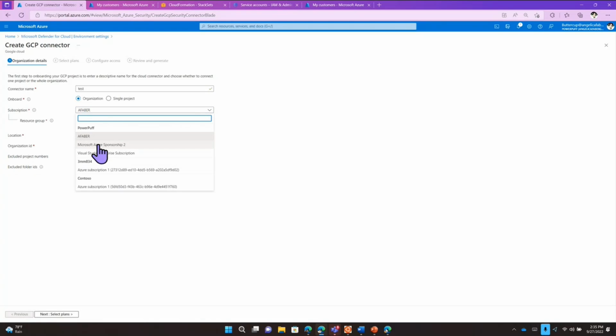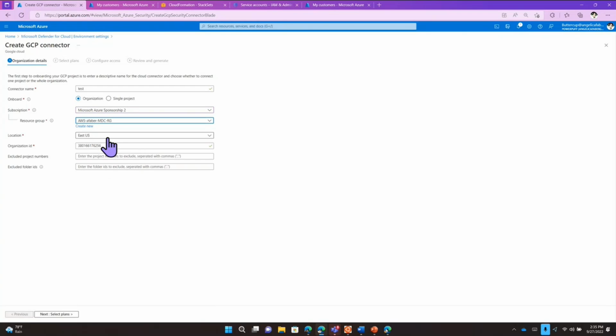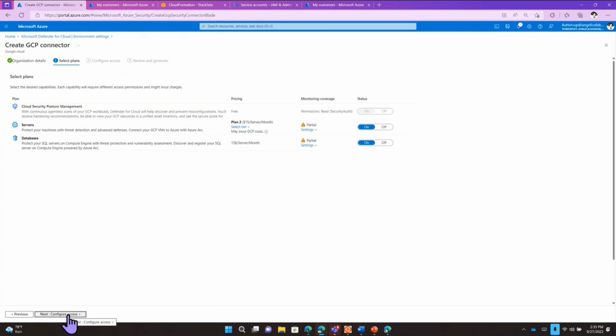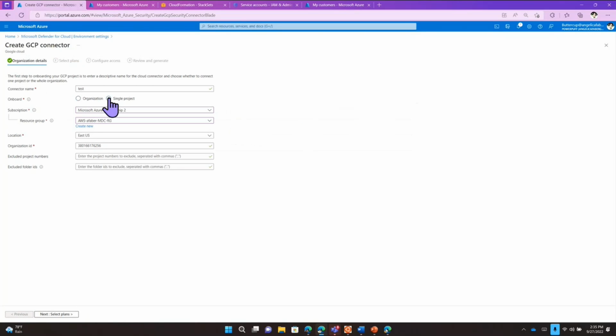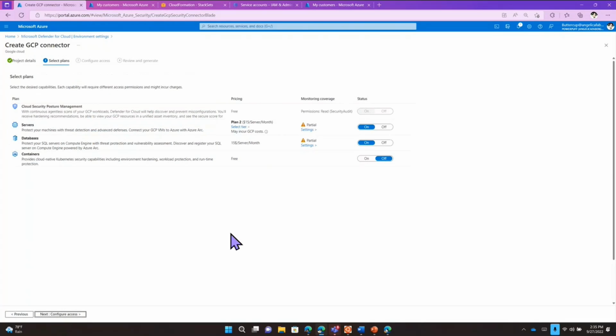I'm just going to pick some values so that we can move to the next step so that you can see the options. Oh, I know why. See, you don't see containers here because I have to go to the single account to be able to see the containers. There we go. And okay, so now I see containers here. You get pretty much the same